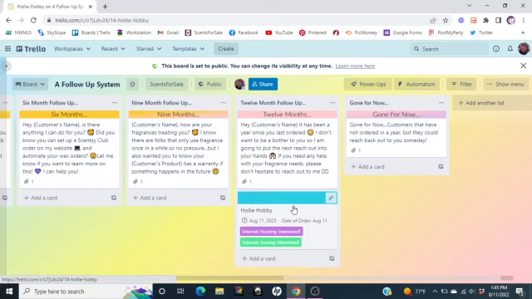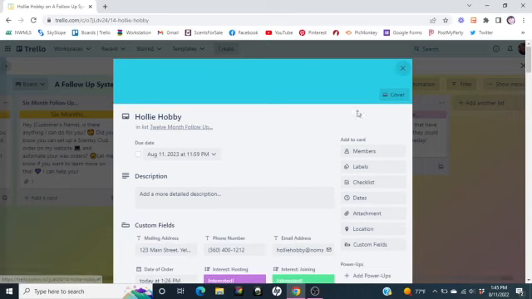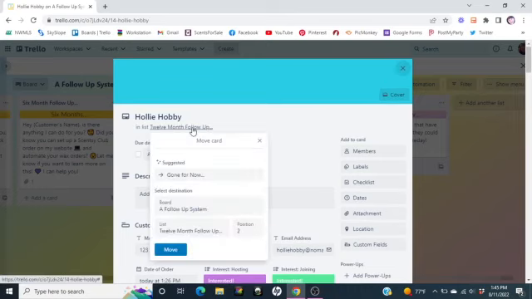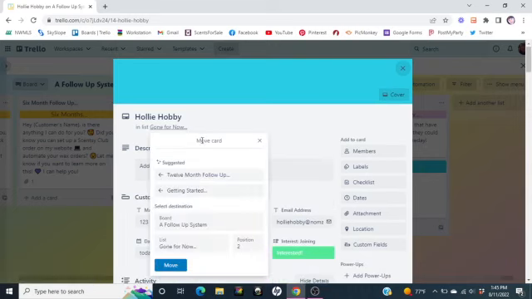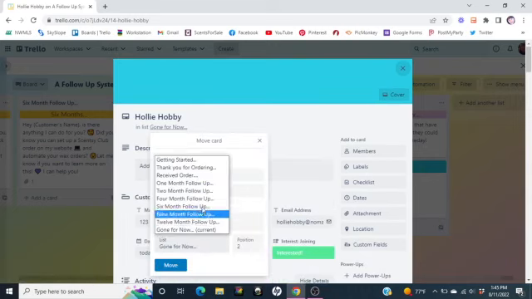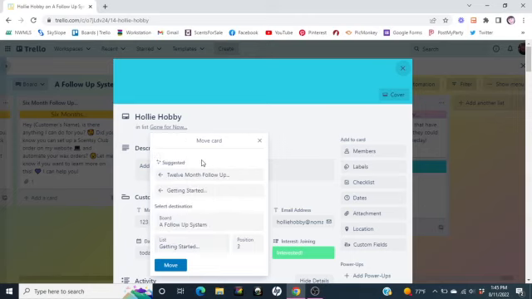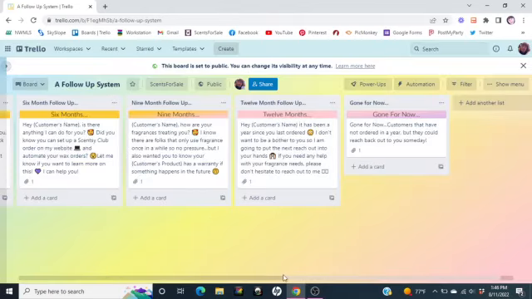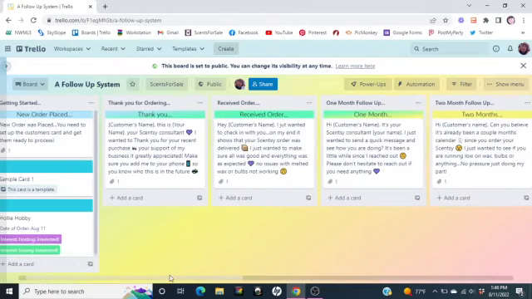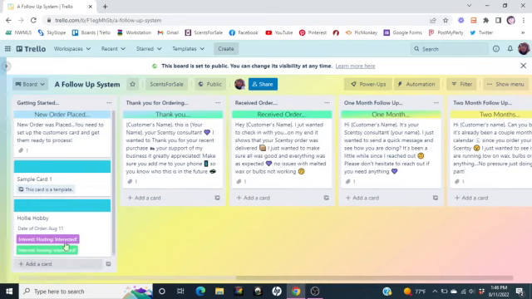So now I can either come here and move my card. So I can come here. Oops, moved it to gone for now. I can come here and move it to getting started again. And when I close it out, it's automatically going to be back into the getting started. And it's going to have the new date. Well, this is all the same day, but if it was, so let's say that this happened